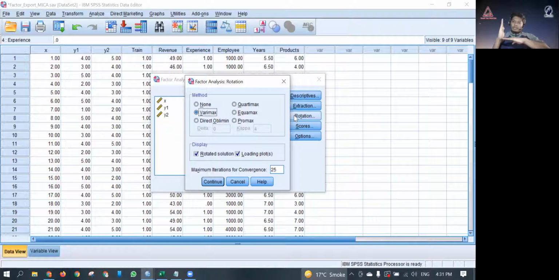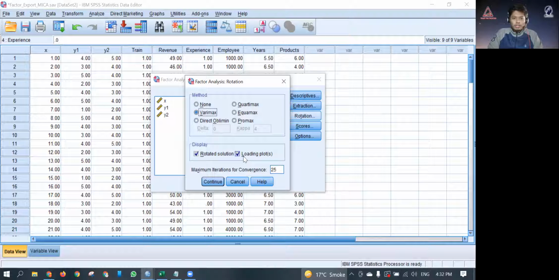And an oblique rotation would be that, okay, this is rotated this much, but this is not rotated fully, so it's not 90 degrees. The entire 90-degree shift is called an orthogonal rotation. So here we are going to use orthogonal rotation, so we'll choose Varimax. There are other kinds of rotations which could be used, but for our sum, we are using Varimax.